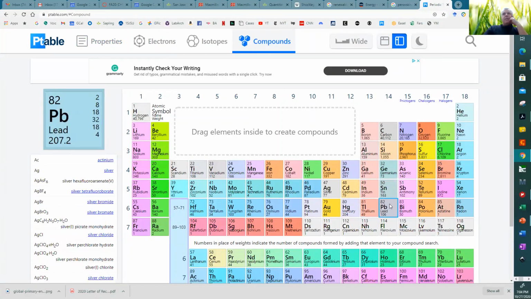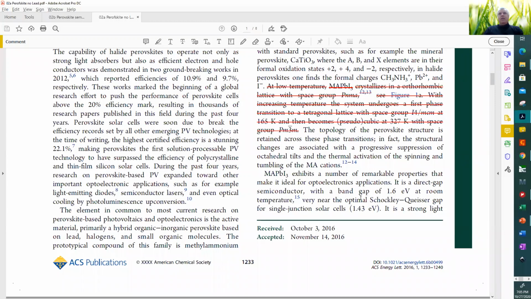And so there's possibly insurmountable problems with this type of technology. And for all the hype, for all the good things you can say about the perovskites, there's just a couple little problems, and that can completely ruin them. It can completely torpedo them for their use in any practical